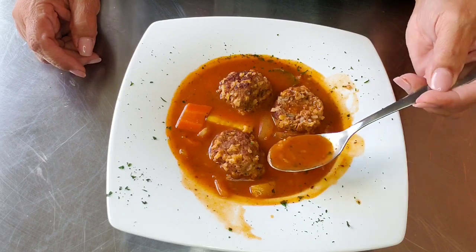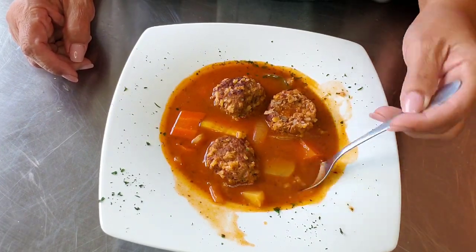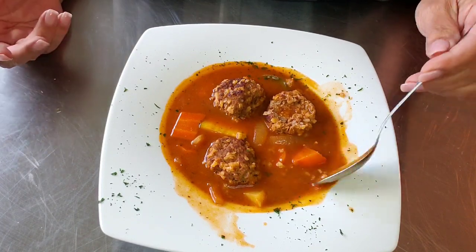Okay, no more. That's my waddle. Yes, yes, and yes. Oh my gosh. It's delicious. It's good. Let me show you how creamy this is. That's a good hearty soup. That potato's fresh and good. And the carrot, the carrot is just...